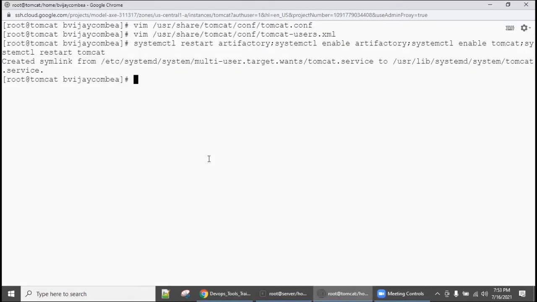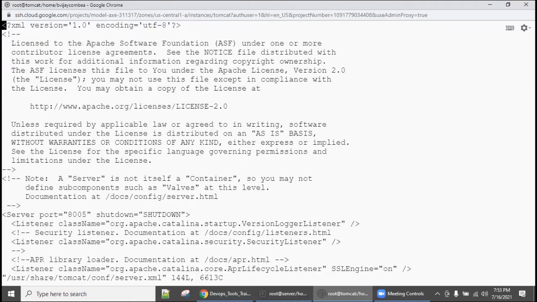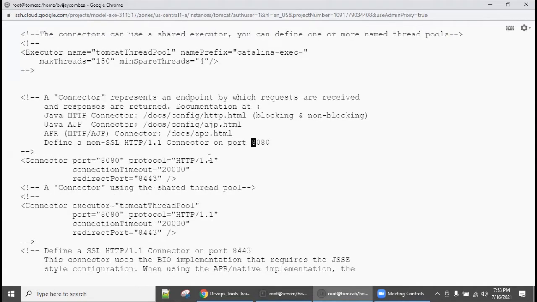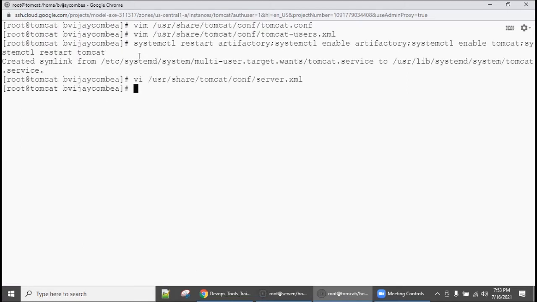Go to this file in the Tomcat where you installed it. In this, search 8080. In the port you can set a different custom port. By default, there is the 8080 port. There is another way. During the deep dive, I will explain it.